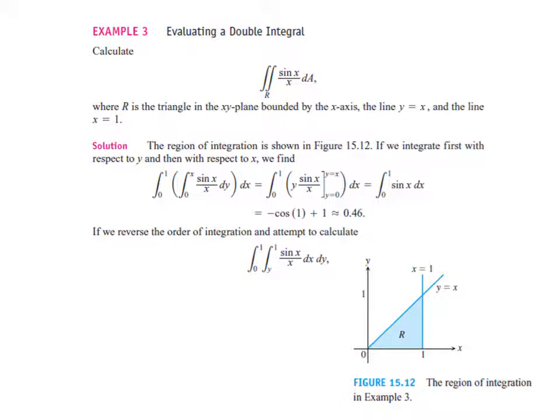Suppose we reverse the order of integration. Let us attempt to calculate the integral over R of the function sin x by x dA. Now let us consider the horizontal strip. What is the horizontal strip? The x limits are the variable limits. Here x is equal to y from the left side, then x is equal to 1. So x varies from y to 1 and y varies from 0 to 1. Let us integrate with respect to x first. Sin x by x cannot be integrated easily, it is an improper integral, so it is very difficult to integrate. Therefore you integrate with respect to y first, then with respect to x.